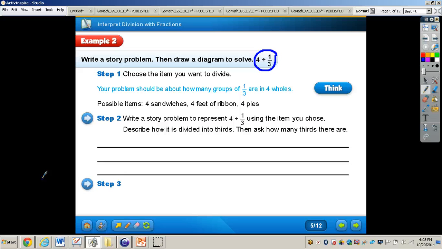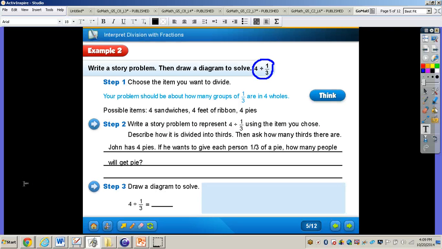So I want you to pause the video now. Okay, so we have the problem of John has 4 pies. If he wants to give each person 1/3 of a pie, how many people will get pie? So that's my problem, my story problem. If you have a different one, that's completely fine, as long as there's 4 of something and each person getting